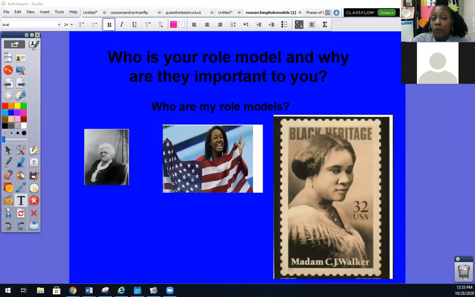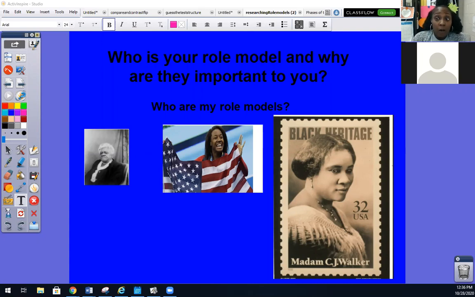Remember, I teach the fourth grade, and today I want to teach you a writing lesson. We're going to do this writing lesson based on our role models, people who we look up to. We're going to try to use some role models that are not our moms and dads because we want to be able to research them, okay? At the end of this lesson, I want you to go and research your role model and write down some important facts and data about them, okay?